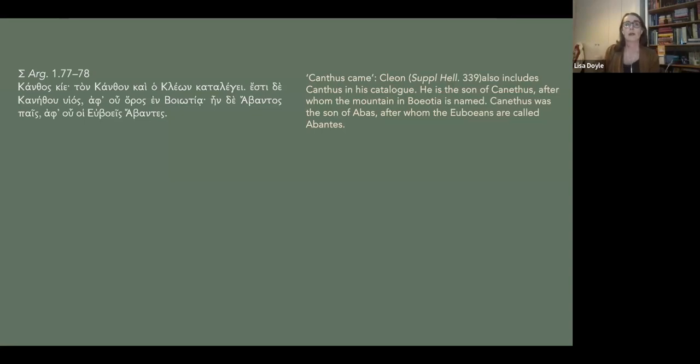So really what Apollonius is doing and what the commentators do in turn, because they're taking their cue from Apollonius, is they're locating myth and trying to find this balance between myth and reality. So the first note we have, and these first few examples are going to come from the Catalogue of Heroes, which is in book 1 of Apollonius's poem. And I should mention that the poem is divided into 4 books, as opposed to the Homeric epic's 24 books.